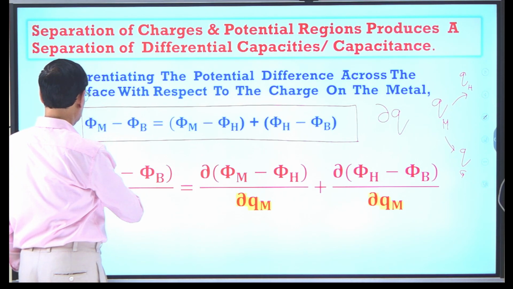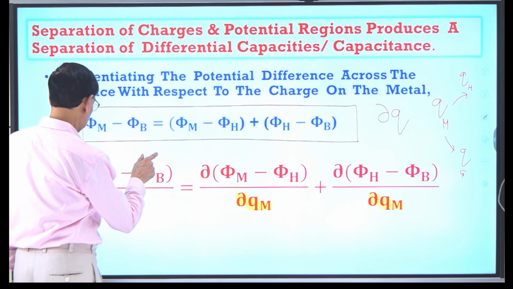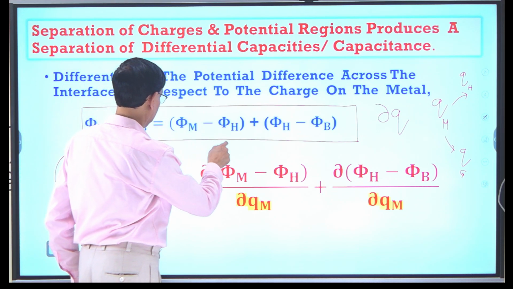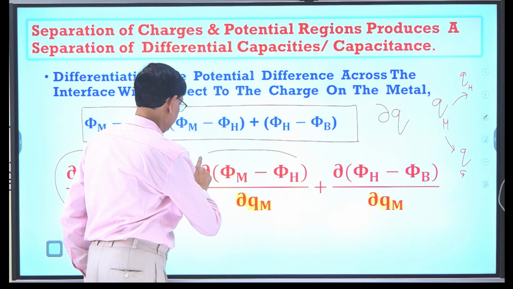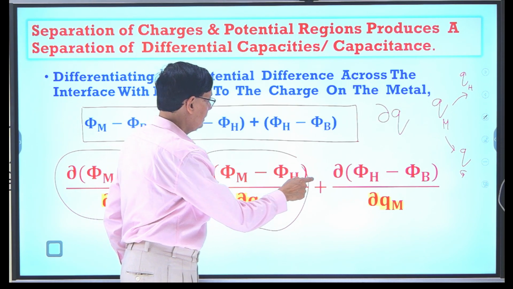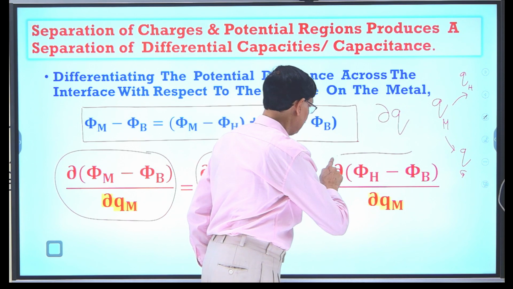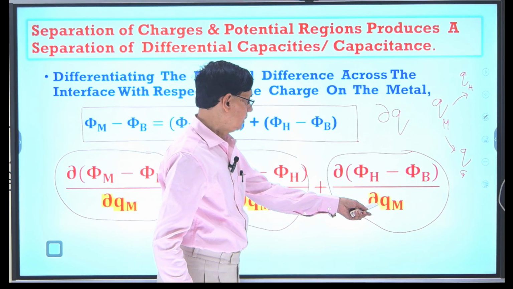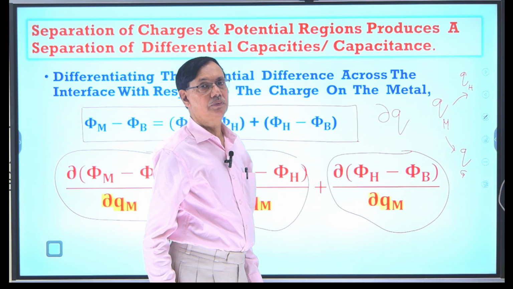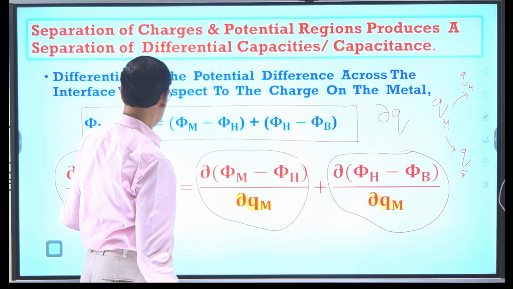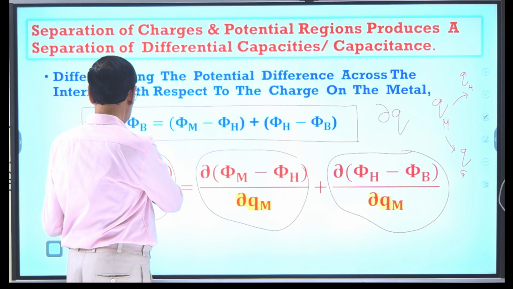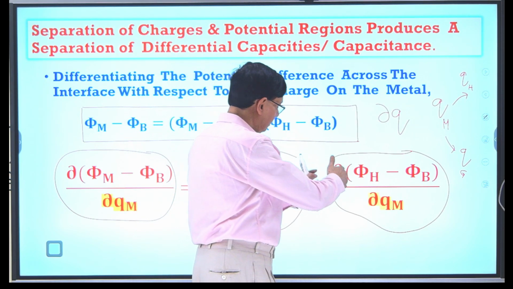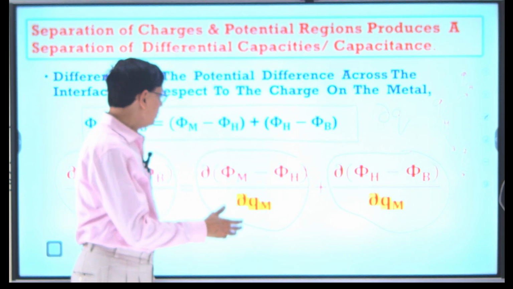dψ_m, this is first. Second, third, so there are three parts. Differentiate with respect to dQ on the metal. You follow my point? It's very simple. First is metal to bulk, metal to Helmholtz, Helmholtz to bulk. Now out of these three,